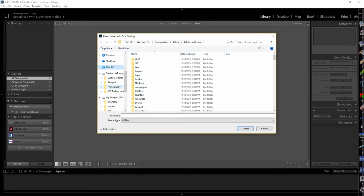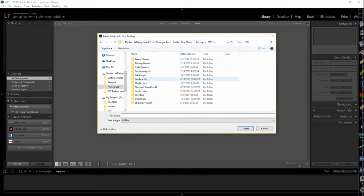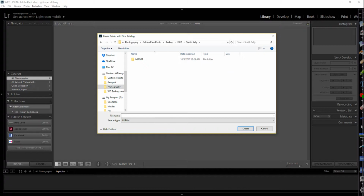So you have to make sure wherever you store your catalog, whether it's on your computer or on another drive, it's not on the drive that you're uploading and culling from. So I'm going to go right here to my backups, and I'm going to go to that backup folder of my client, and this is where I'm going to put their catalog. So I'm going to name it exactly like I have their folder name